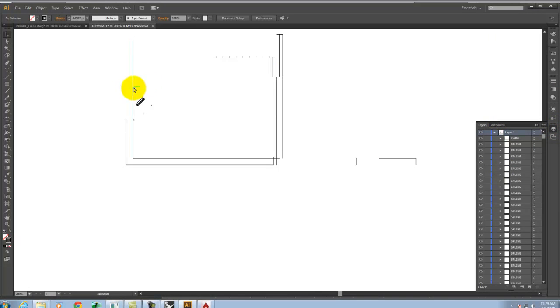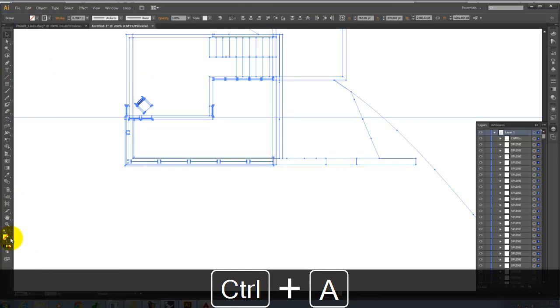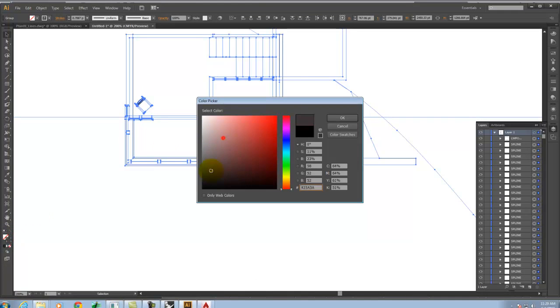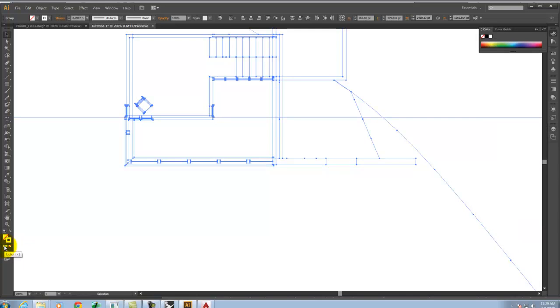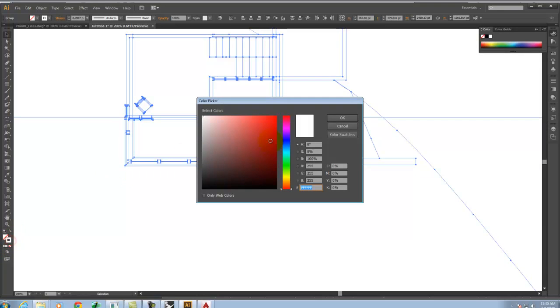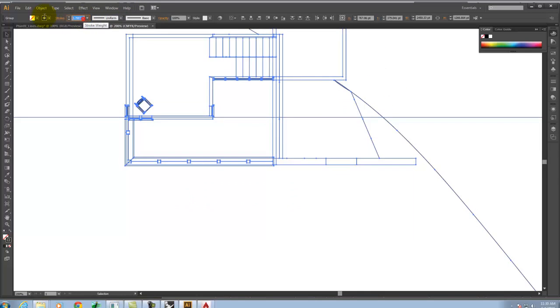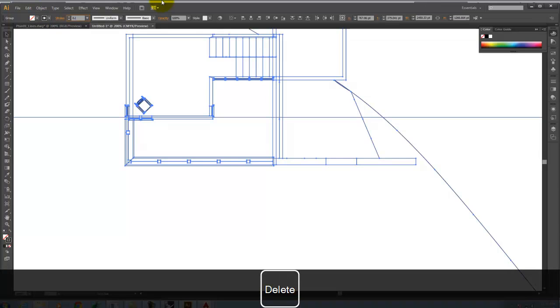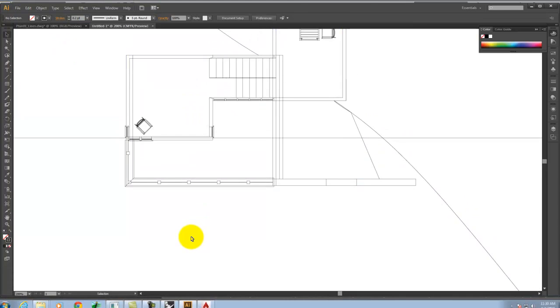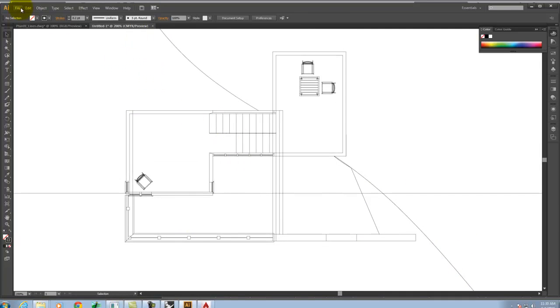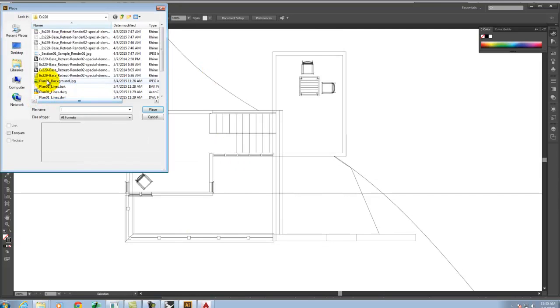Let me take a second. Oh, come on. And let me adjust the weight here. Something like that. So we get the line drawing. There it is. And then I'm going to go to File and then Place, and I'll bring in that background,